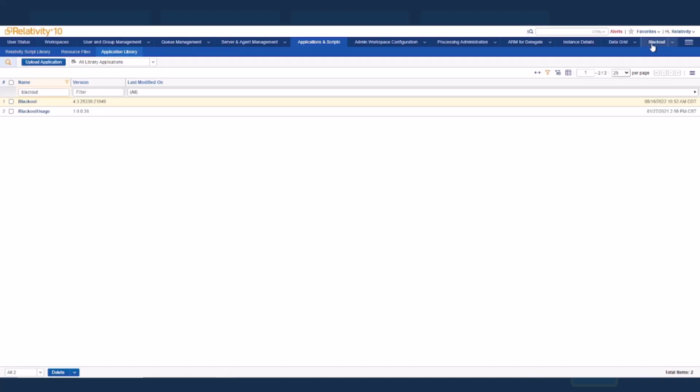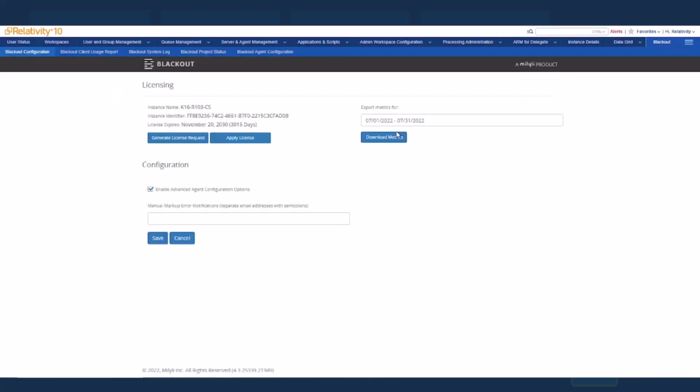To do this, you will navigate to the Blackout tab in your Relativity instance, then to the Blackout Configuration subtab. There, you will see a button to Generate License Request. Click this to generate your instance license key request, and then copy that and email it to support@malili.com. Malili will supply a license key in response, and then you can paste the license key here where it says